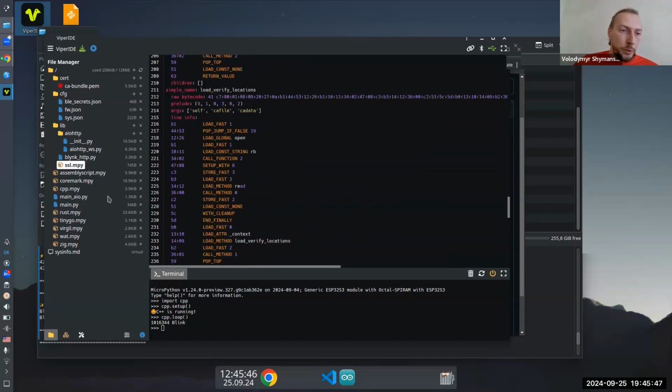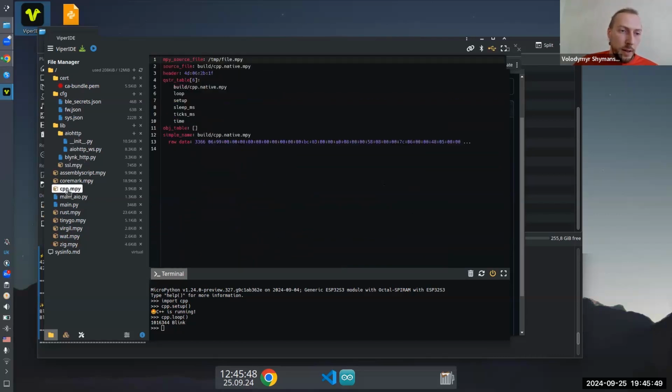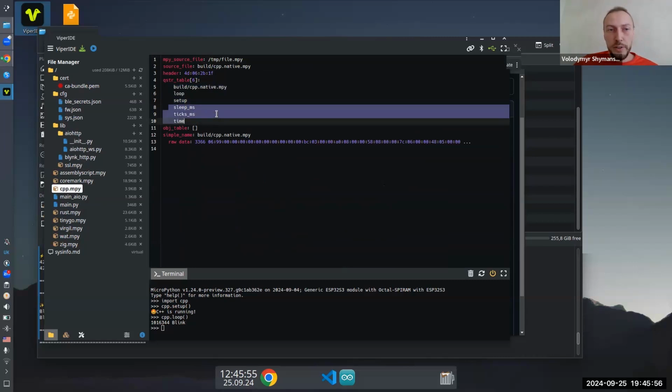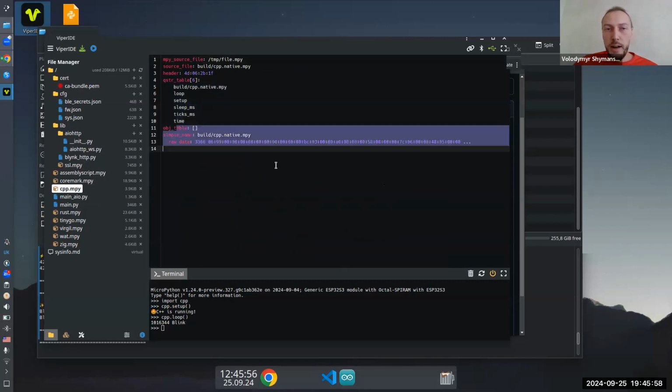But if we try to open the C++ MPy, we can see that the string table is there, there are exports, there are imported functions as well, but there is no Python bytecode. Everything is native code here.